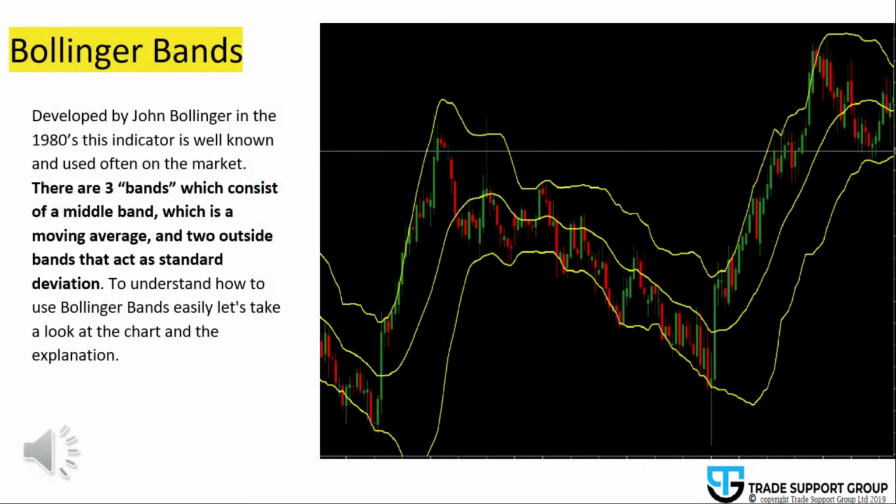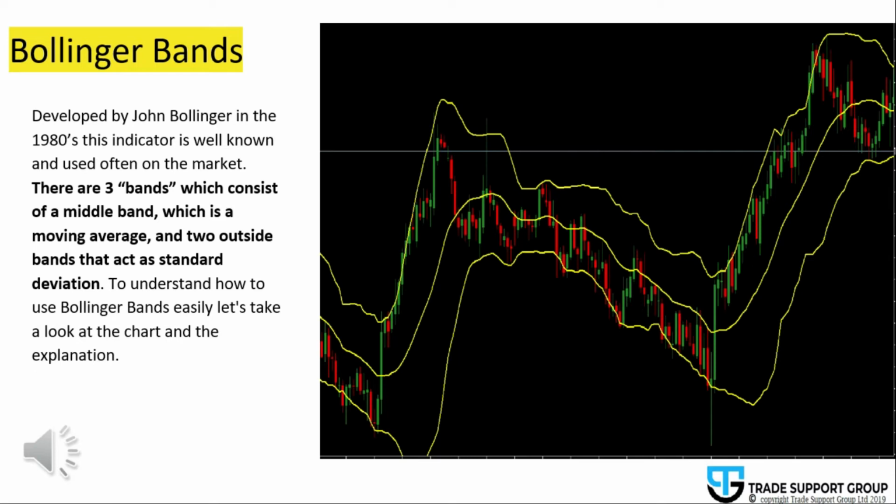Another very popular indicator are the Bollinger Bands. They were developed by John Bollinger in the 1980s, and it's very well known and often used on the market. There are three bands which consist of a middle band, which is a moving average, and the two outside bands